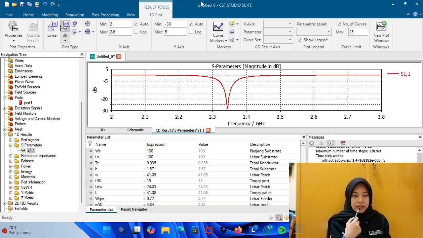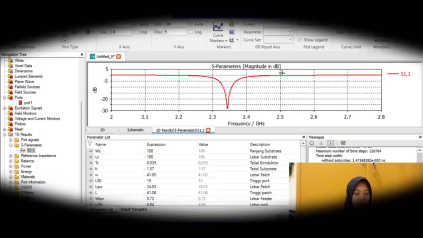You see the value of S parameter for the antenna, min 2 and max 2.8. For magnitude in decibel, you see min is minus 30 and max 5.